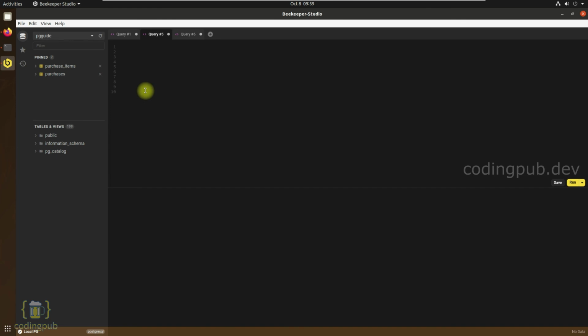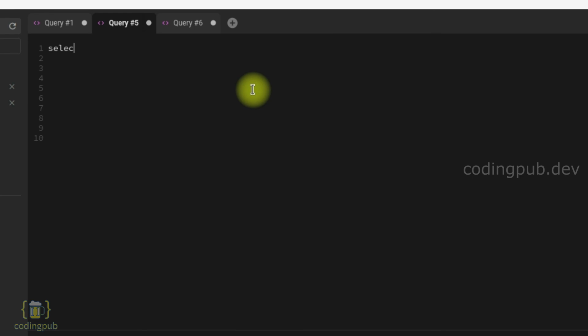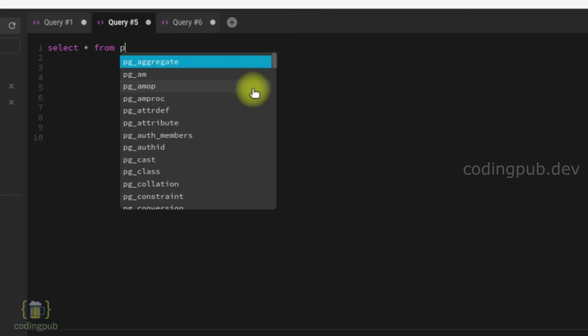Let's try running a custom query on the purchase items table. Let's try filtering the purchase items which have price greater than 100 and less than 300. So I'm typing the query here. Select star from purchase items.